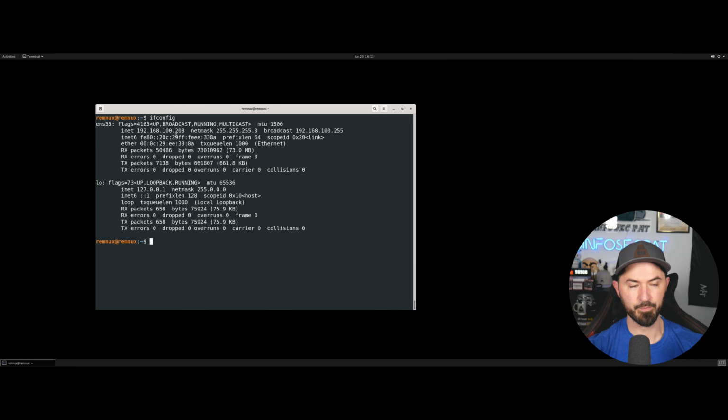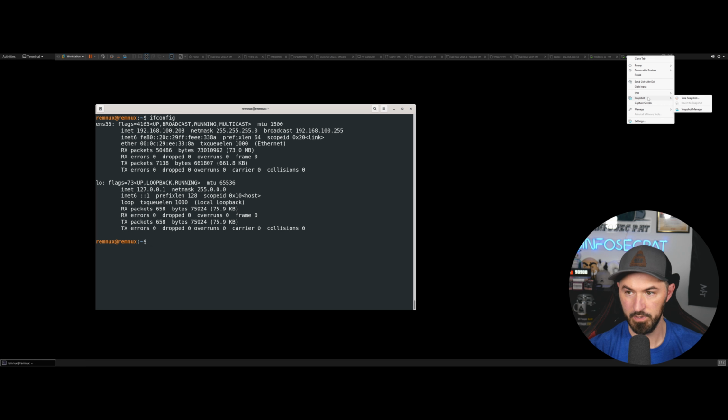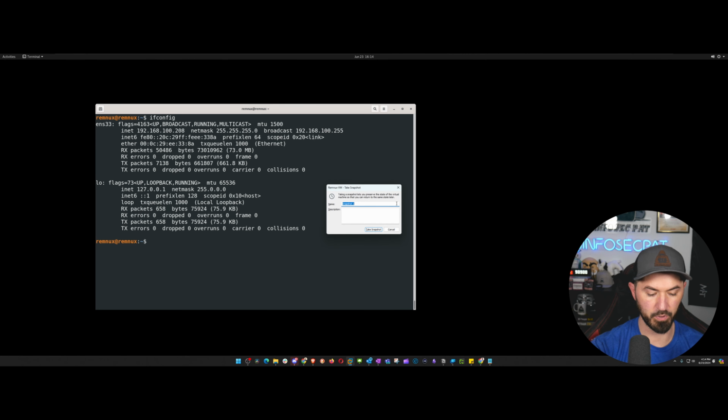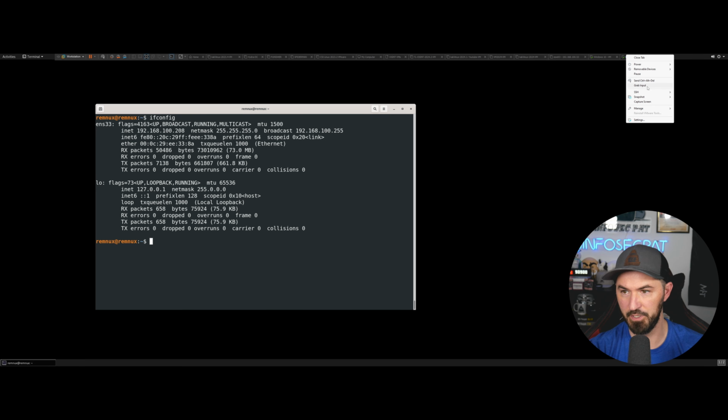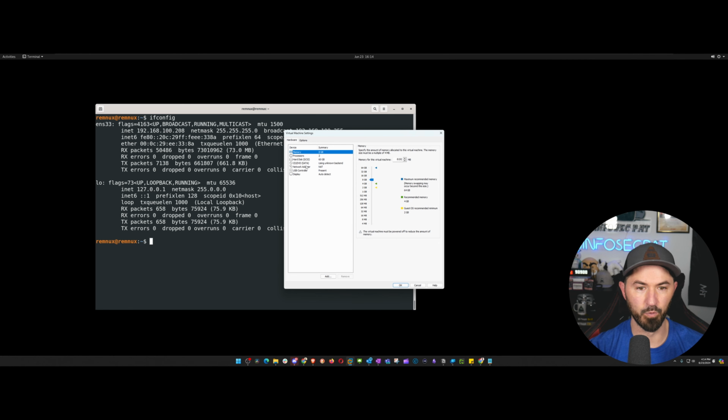And what we're going to do now is take a little snapshot of this. Snapshot. And we're going to put "after upgrade and update." Okay, so let's go ahead and copy that and just take a snapshot. So once that snapshot is finished, it should probably be done by now. It's not. Okay, so now we can go to settings and we're going to go to